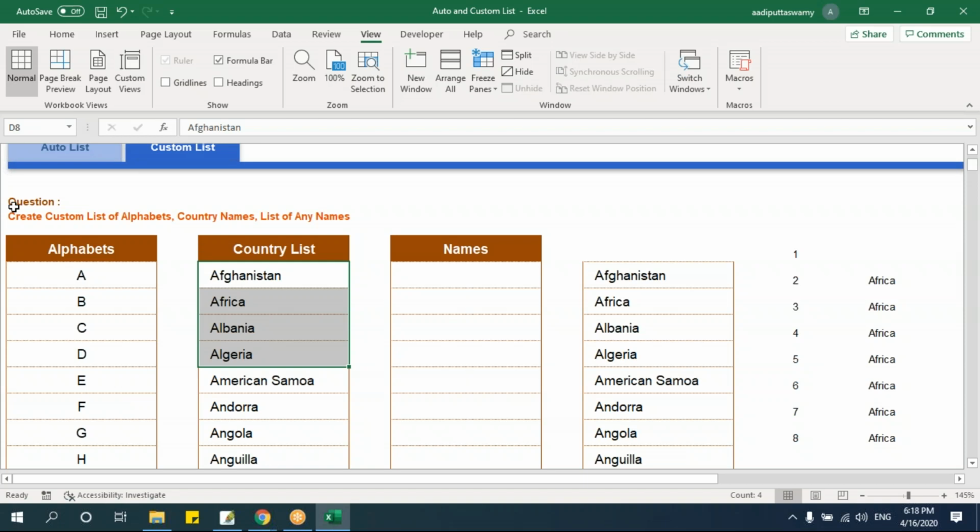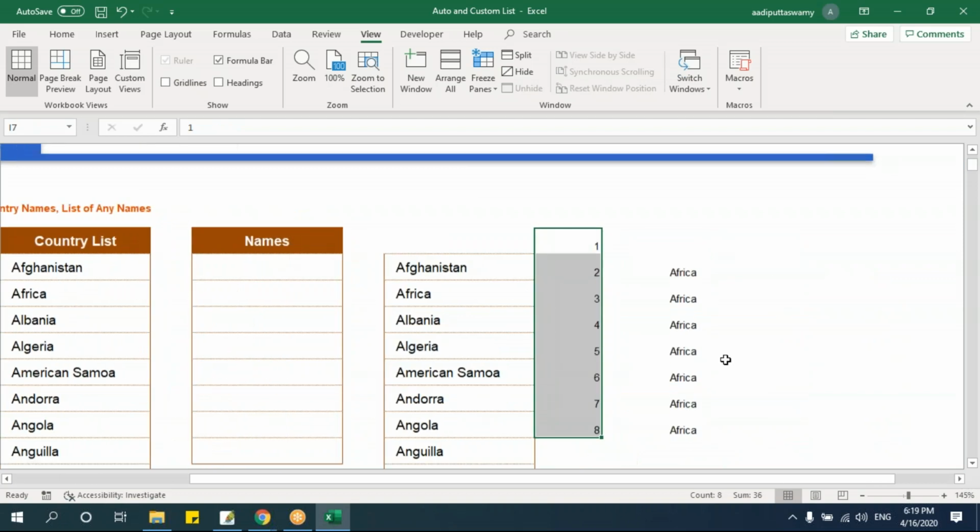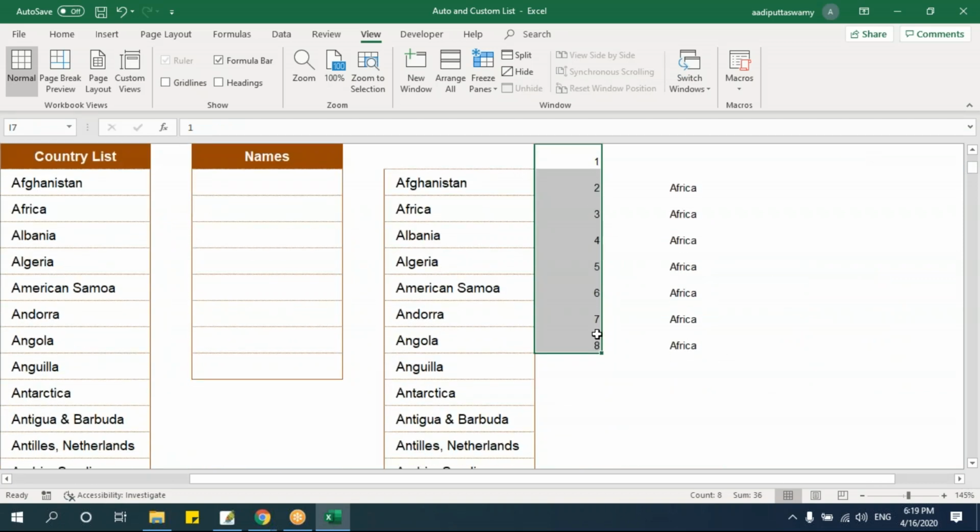Okay, and one more thing, good that you asked this question. See, lists are actually created for text, not for numbers. What I was trying to tell is, see, I have this number. If you try to create a list for it, there is no need, because this is calculated when I'm dragging it. Usually what we have is a list of products or names or other things for which we require the additional option of creating a list. For numbers it's not required.